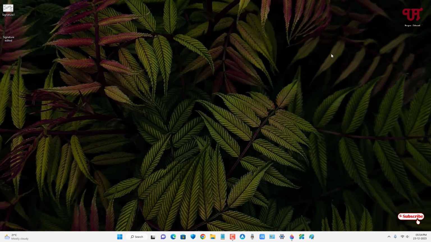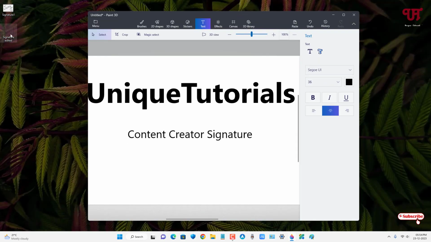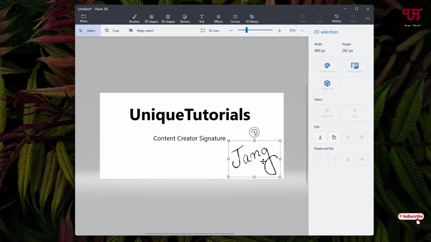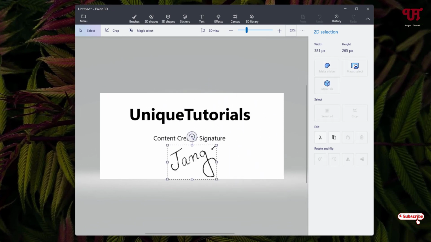Now let us test if it really becomes transparent or not. So let me try to add it here. So you can see here it's completely transparent. So now you can resize it and you can edit it on any of your document files